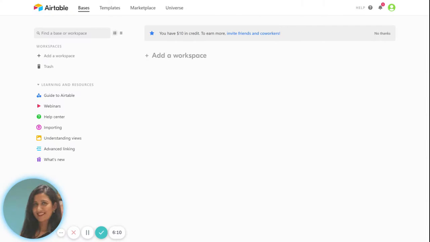Now, many of you would be wondering what bases are and all of that. Basically, Airtable is made up of 5 components, if I can say that. One is base, then comes table, then fields, then records, and views. Now, if I can compare, bases are very similar to something like a Microsoft Excel workbook,